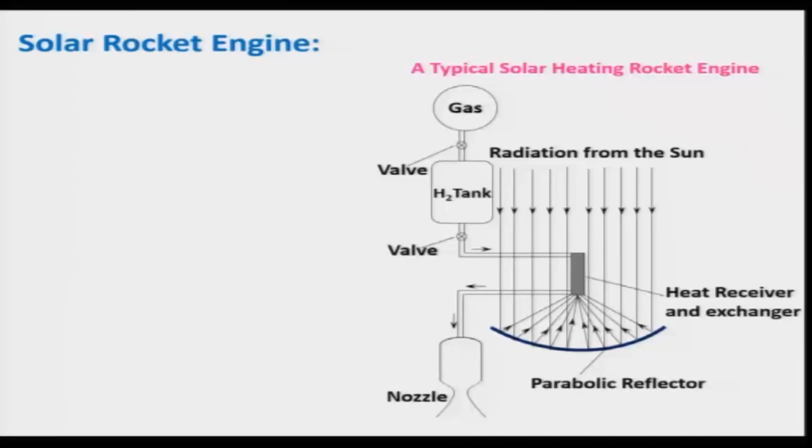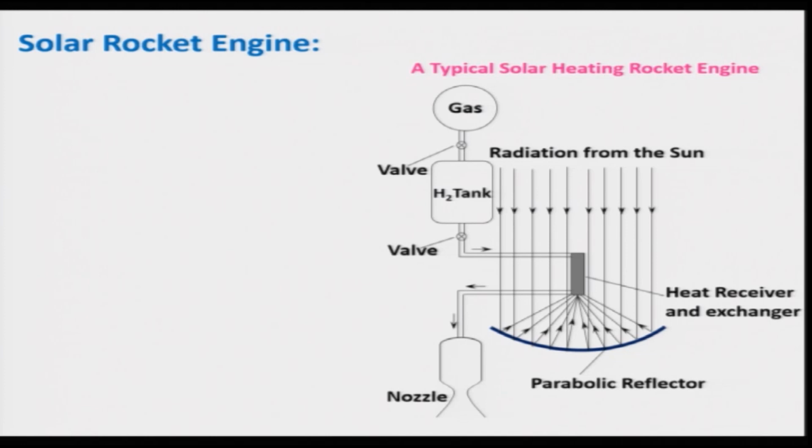There is also the solar cell, which we had mentioned. Photons from the solar radiation will be imparted into the cell, and then this can be utilized to produce the thrust. That also we will not be discussing over here. And let us look at a typical solar heating rocket engine, which is similar to your chemical rocket engine. The only thing is that instead of chemical energy, in this case solar energy is utilized to heat the propellant, and that will be expanded in a nozzle to produce thrust. Let us look at a typical